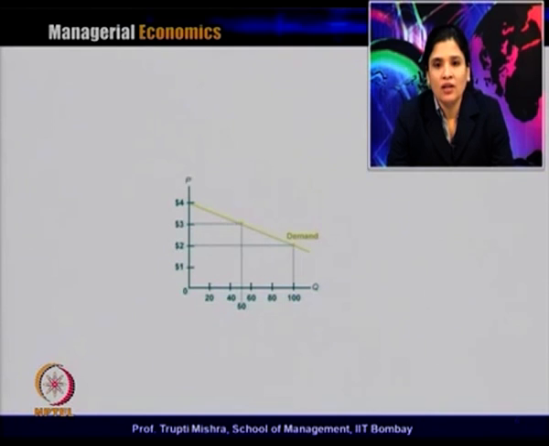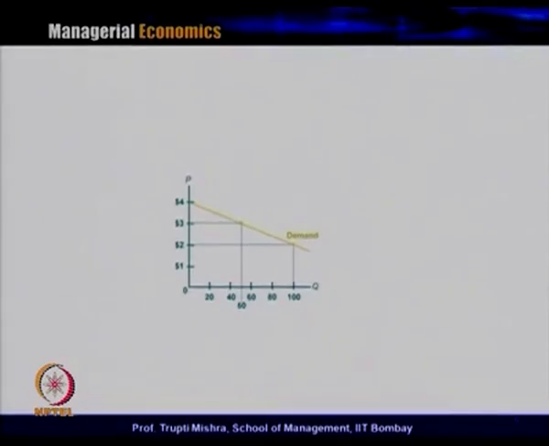And if you look at it percentage-wise also, when the price changes from $2 to $3, it's a 50% change in the price. And when the quantity demanded decreases from 100 to 50, again this is a 50% decrease in the quantity demanded. So a 50% increase in the price is leading to a 50% decrease in the quantity demanded, and at this point the relationship between these two variables is linear, as it is constant whenever the price point changes from one to another.